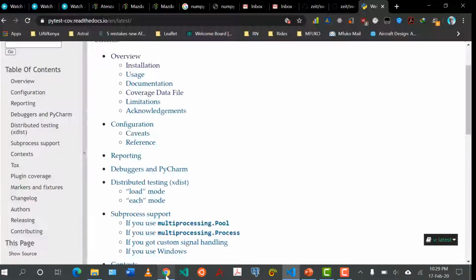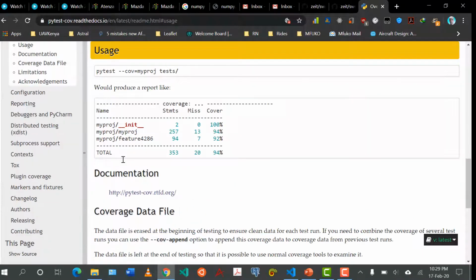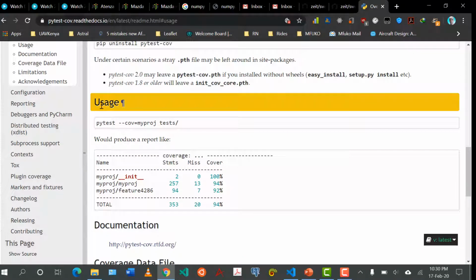So here when we come to the documentation, it's saying installation, and we come to usage. It's saying when we run pytest, instead of just running pytest, we need to run with a few commands. That is --cov equals, and here you list down the folder or the parent folder and other subsequent folders that you want to test. In this case,